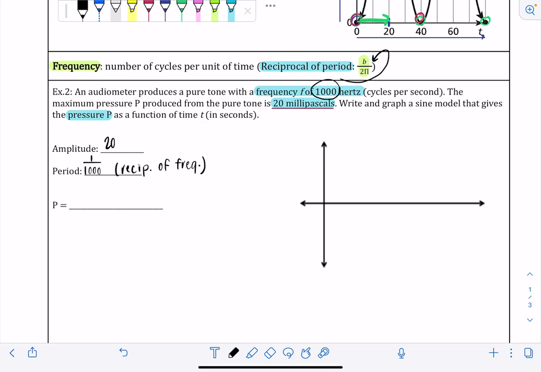And then for writing our function, we have that formula where it shows us where to put each different variable in the sine or cosine equation. So it's a, and then sine, in this case, b of x minus h, and then plus k, but we won't need h or k because there's no phase shift and there's no vertical translation, no midline change. So amplitude